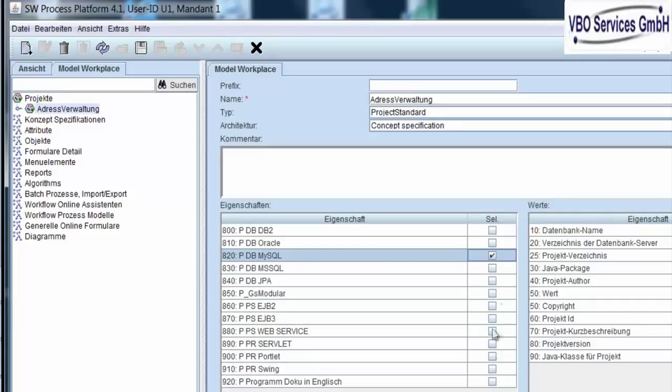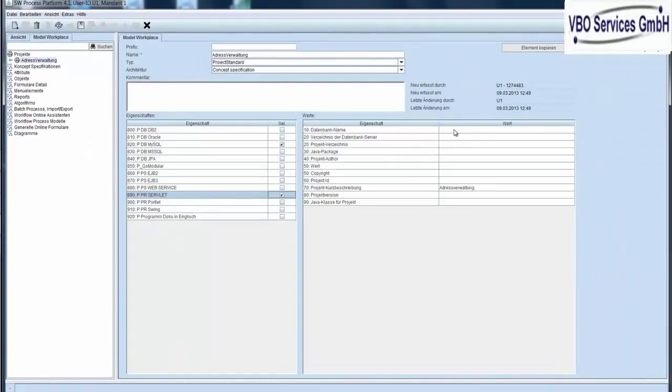Here, we'll choose a simple option, namely MySQL, because it can be quickly installed, and select Servlet as a web application. Now we have to add a few things technically. These are the database name, which we will call test customer address, then a project directory, then a Java package called de.scc.address.management,